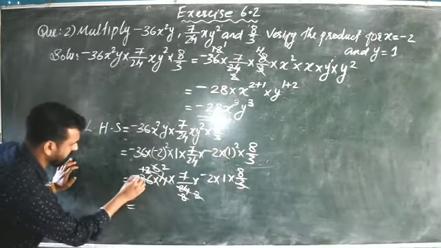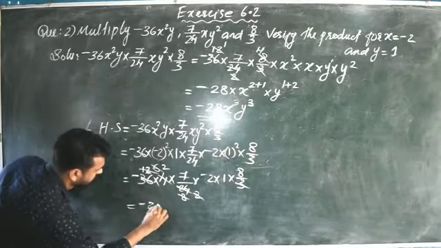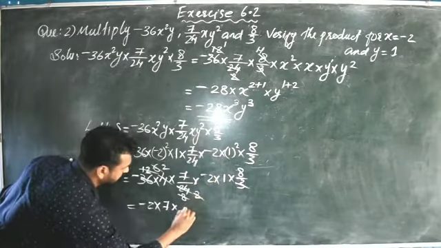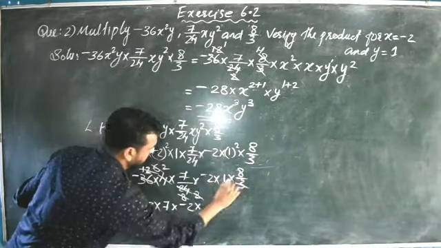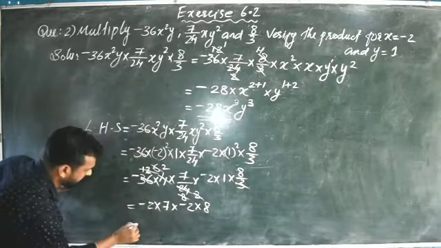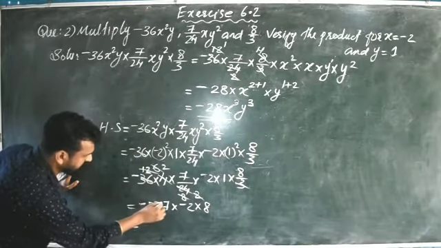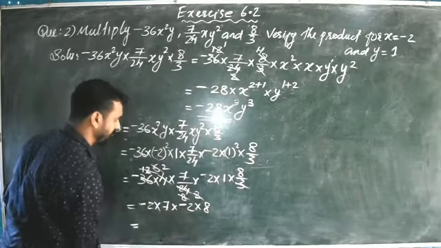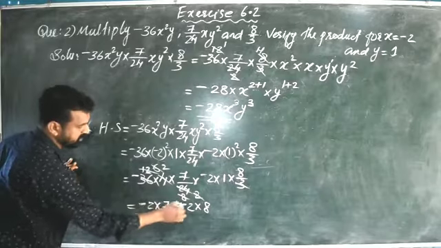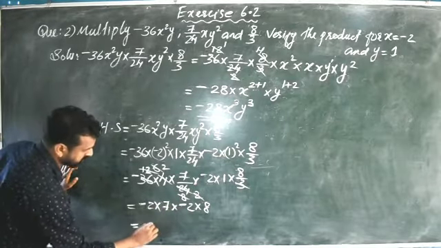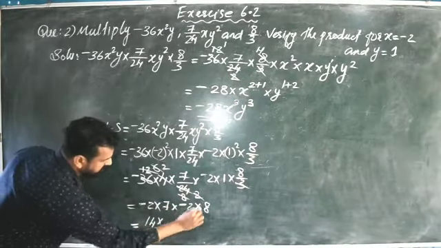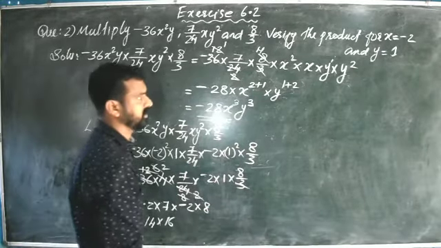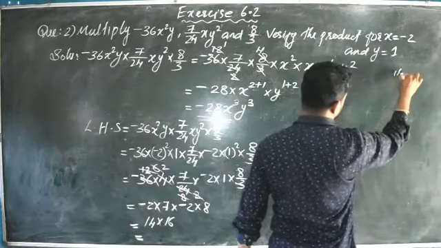Now numbers all you write. Here it is minus 2 into, here it is 7 into minus 2 into 1, that is minus 2 into, here it is 8. Now multiply all, that is equal to minus into plus minus into minus, it will become plus, into plus it will become plus. Here only 2 minus sign, minus into minus it will become plus. 2 7s are 14 into 2 8s are 16. Now multiply that. 14 into 16. What is the answer? 14 into 16.